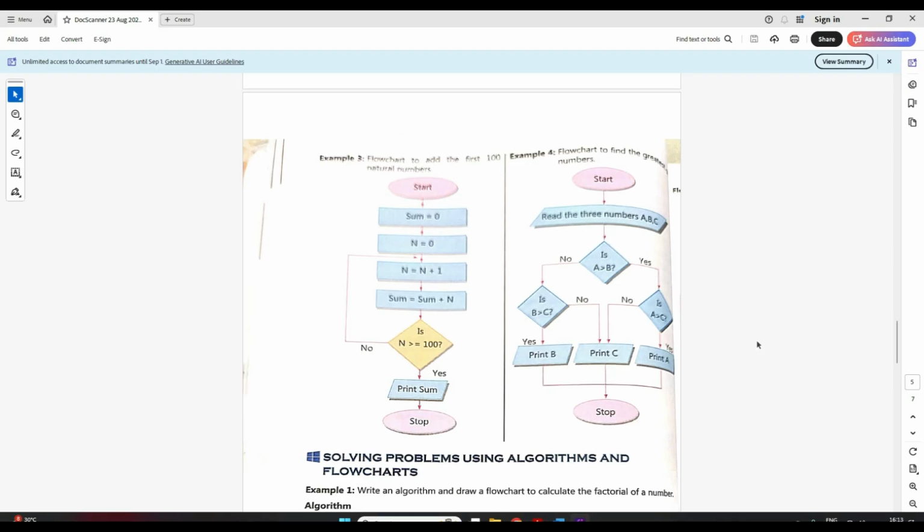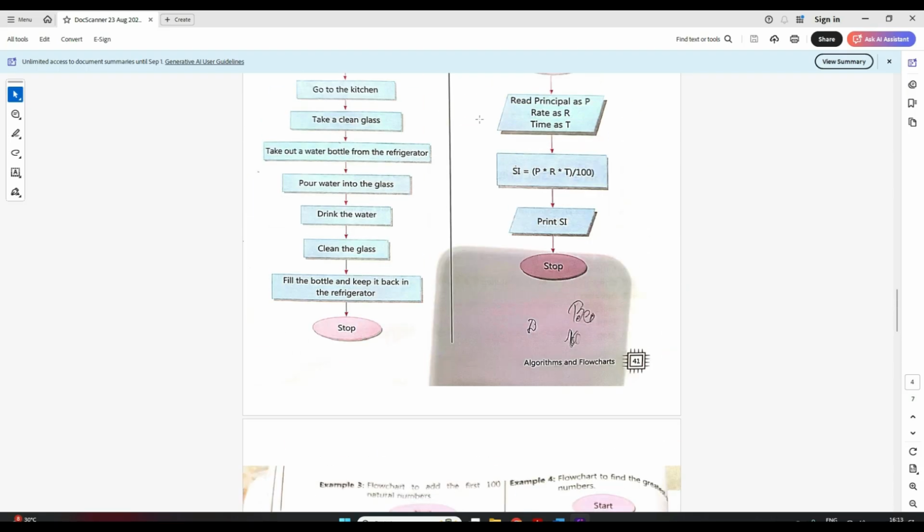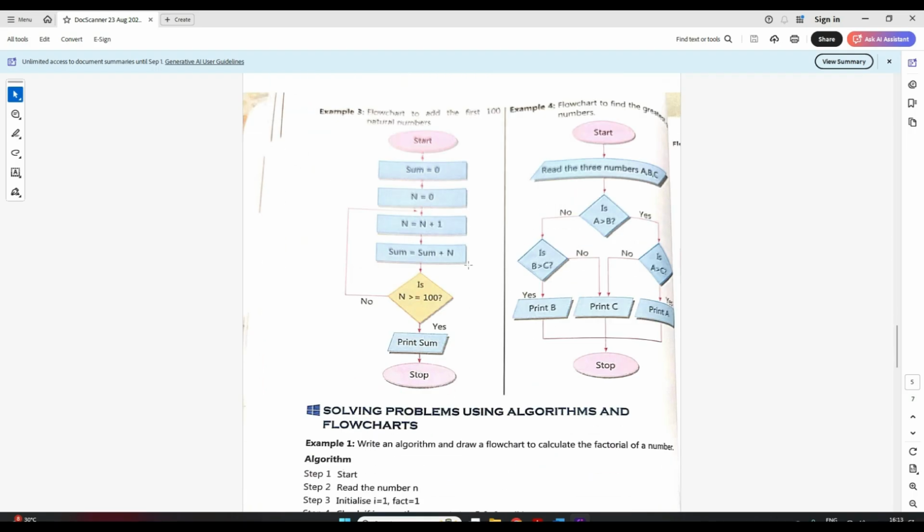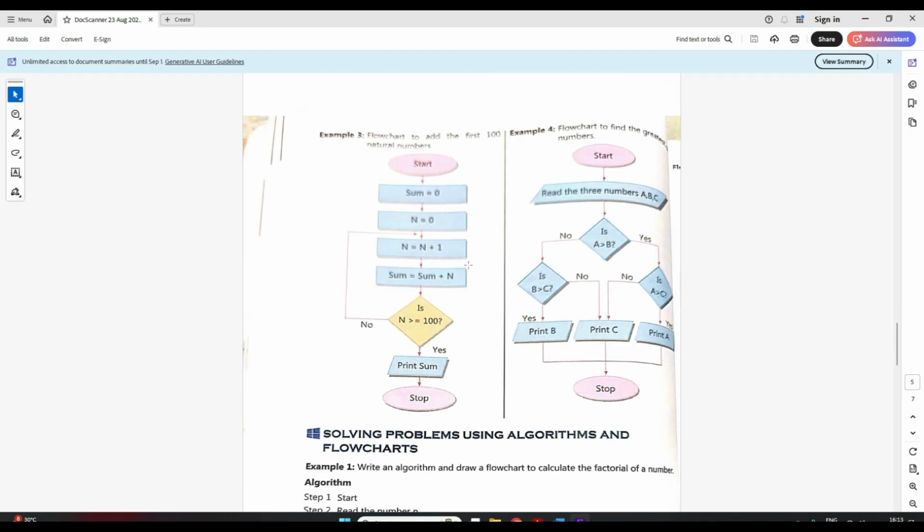Okay students, so now let's try to understand the examples given in your book, related to this. So we have understood the simple examples. Now these are a little complicated but very simple if you understand. So first we go with this flowchart. Flowchart drawing will be simple. First you have to understand the logic, then you can easily draw the flowchart. Now first let us try to understand the logic and then we'll go over the flowchart.